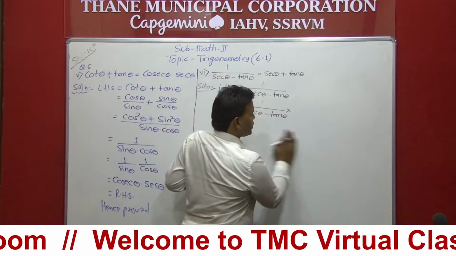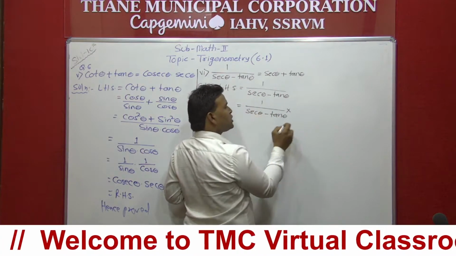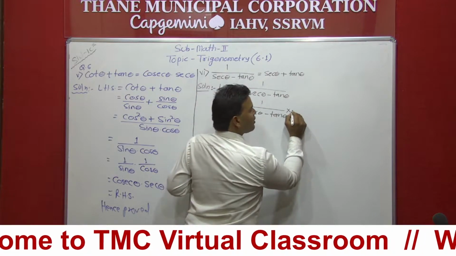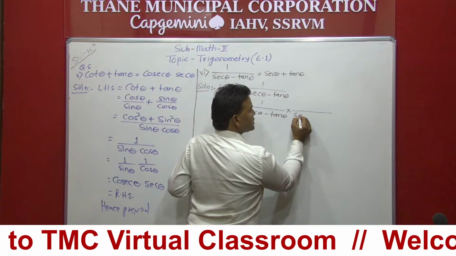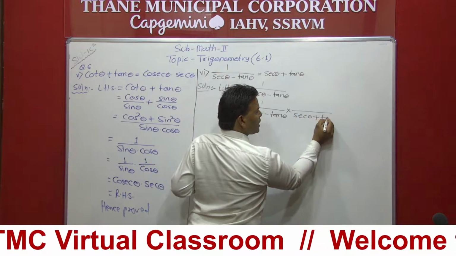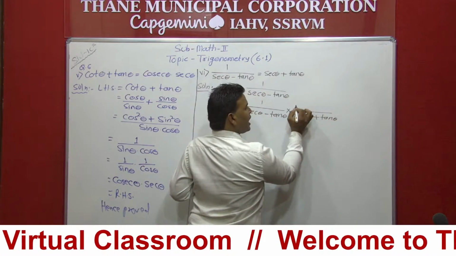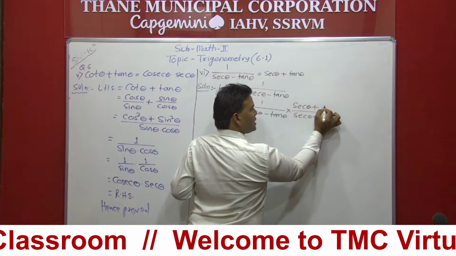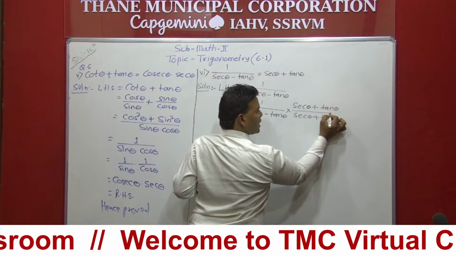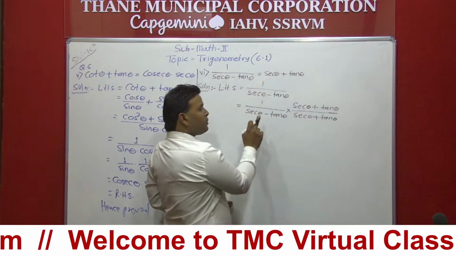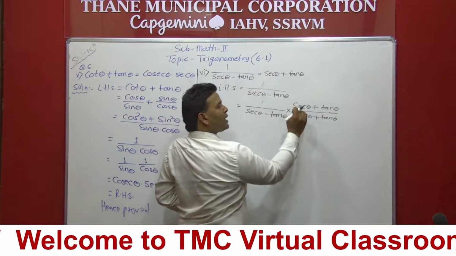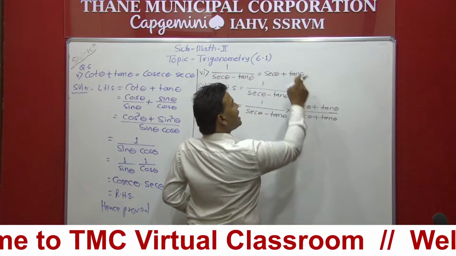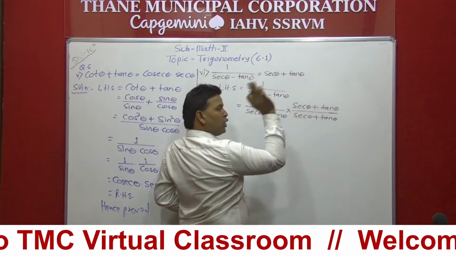Now here in this question, I have to use the conjugate of this. What is the conjugate of this? We have to change this sign. So I will write down here sec theta plus tan theta. Now the same thing I have to multiply in the numerator also: sec theta plus tan theta. Now after multiplying the conjugate in numerator and denominator, see here I got sec theta plus tan theta as a numerator.